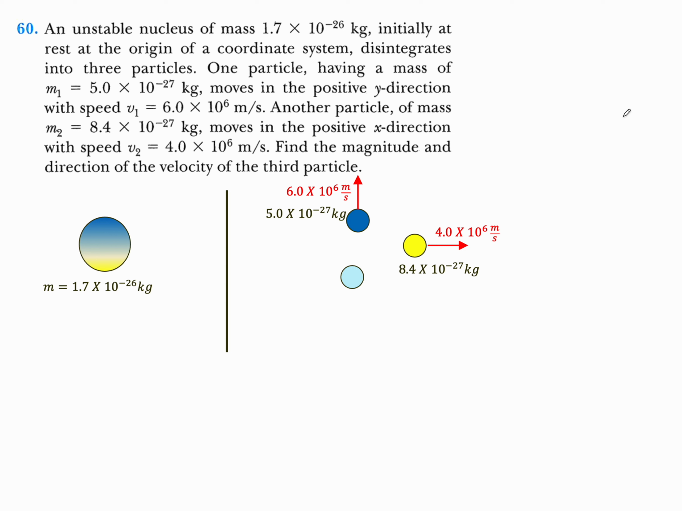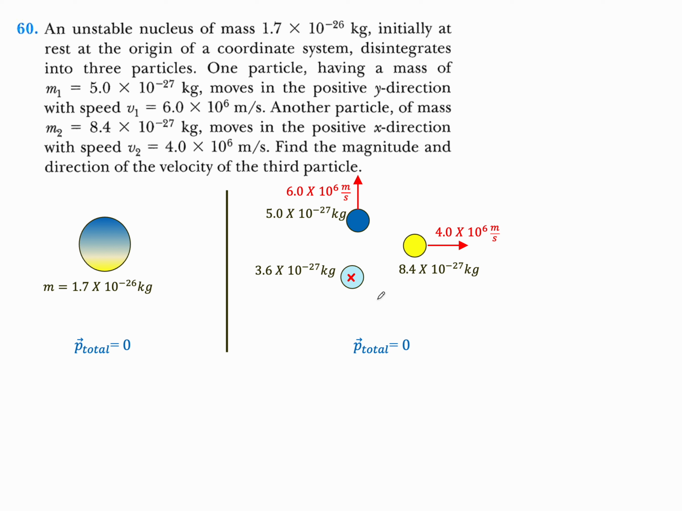Another particle of mass that moves in that direction. Find the magnitude and direction of the velocity of the third particle, which I drew in light blue right here. Well, we can very quickly figure out the mass of the unknown particle, assuming that the total mass is constant. Oh, by the way, total momentum before and afterwards must add up to zero. In this case, the mass of the unknown particle, the sum of these three, is equal to the parent particle,